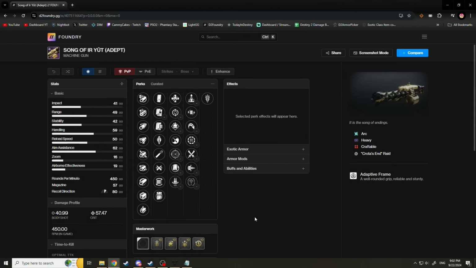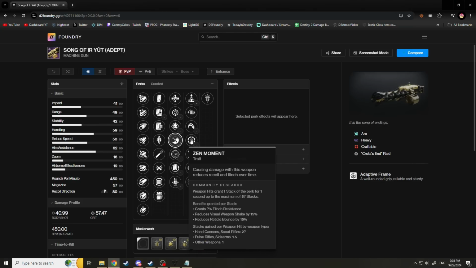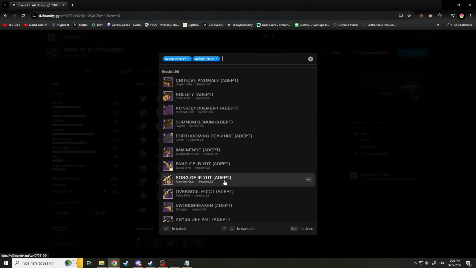Song of Your Youth, this is a farm for PvE. For PvP, it is power crept by Hammerhead, but in a trial situation, Hammerhead is overkill because you just frankly have too much ammo. This is a fantastic machine gun, and it even has Zen Moment, but that's less important on a machine gun when your time to kill is so rapid that the flinch doesn't matter because they're already